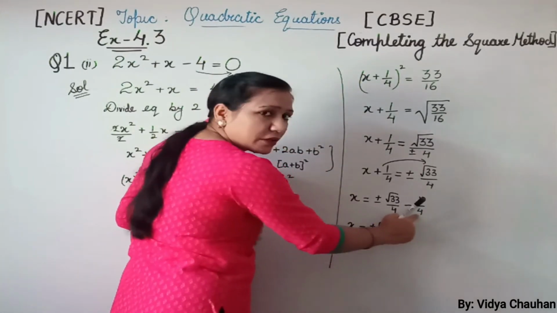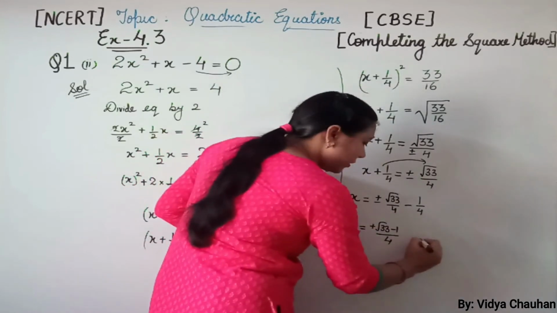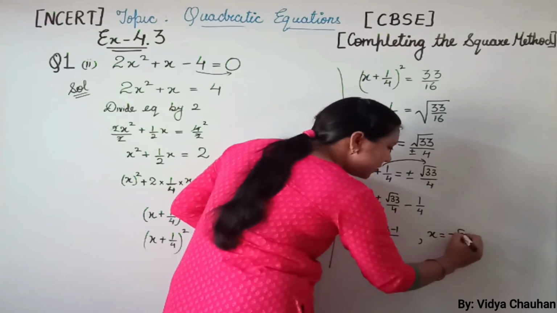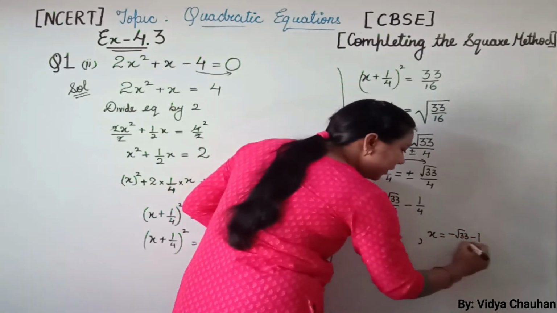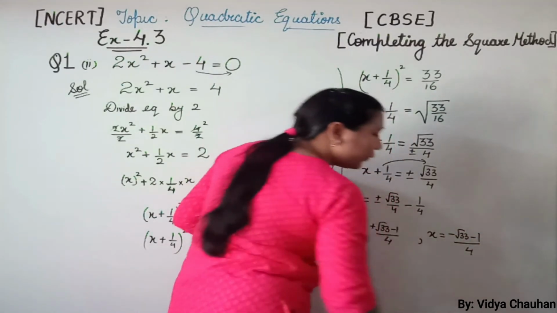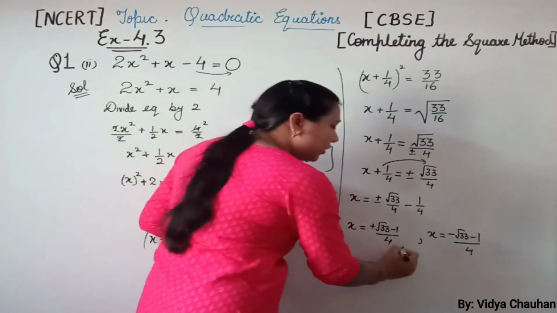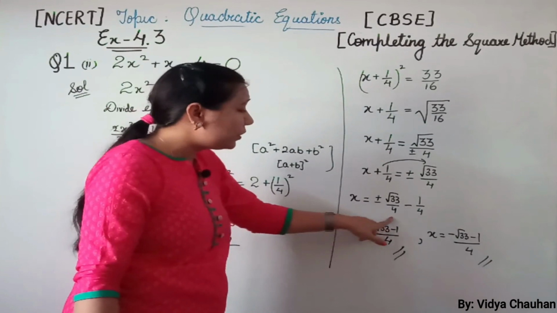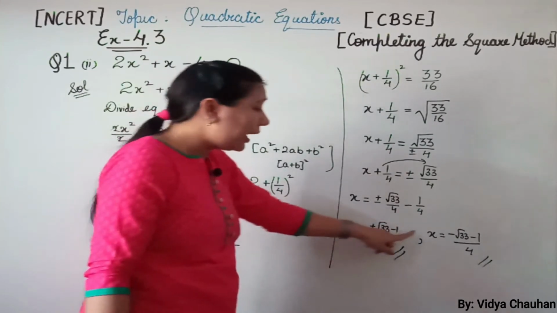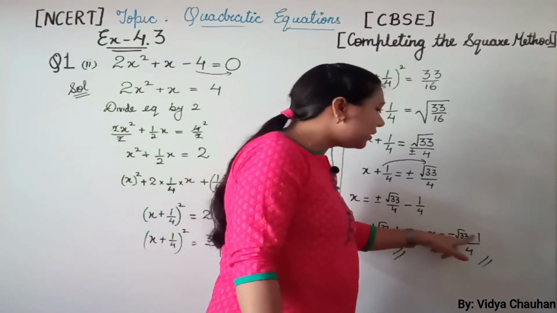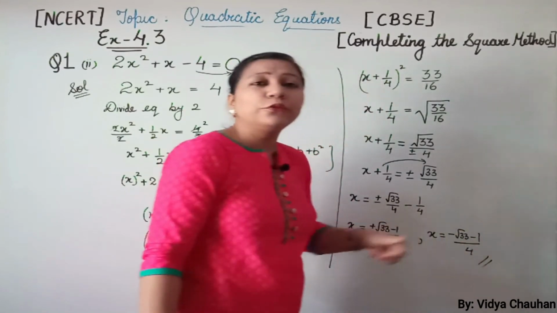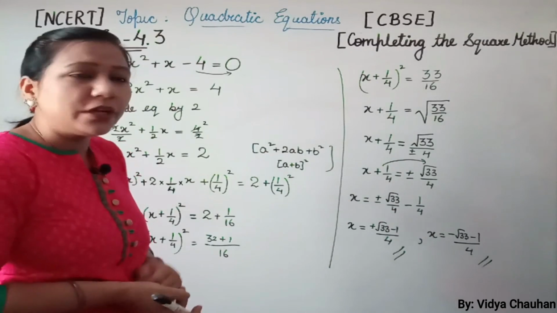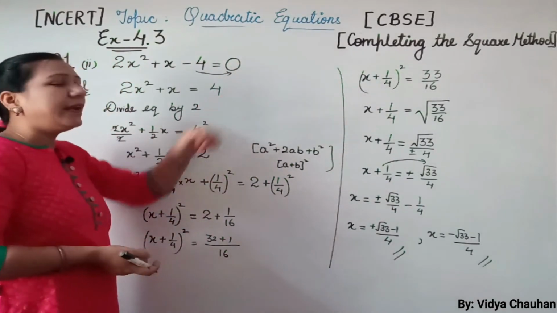4 is common because it is the LCM denominator term. And the second root will be x is equals to minus root 33 minus 1 upon 4. So these are the two roots of the given equation. x equals to root 33 minus 1 upon 4 and x is equals to minus root 33 minus 1 upon 4. So this is, students, how you can solve any quadratic equation to find its roots by the completing the square